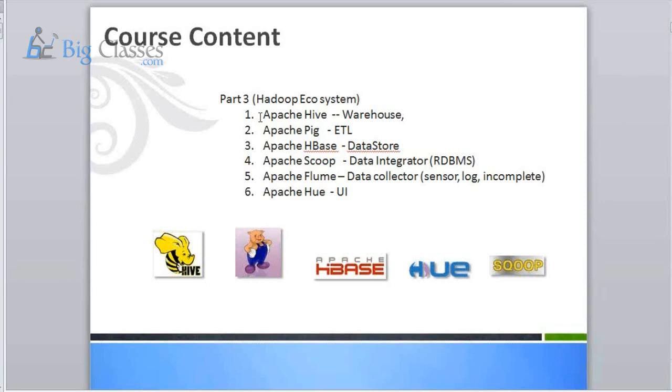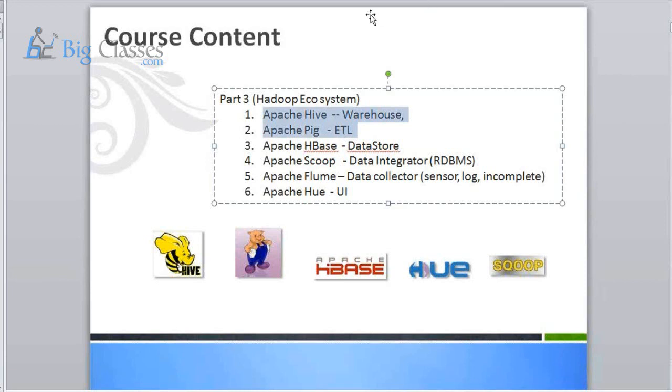This is the kind of thing like, if you're going for a repair of some car or automobile, at least you should have a cutting plier and a screwdriver with you. Those are essential tools. In that sense, Apache Hive and Pig are the essential tools. If you want to be called a Hadoop developer, expert or architect, these 2 essential frameworks you should learn. The rest, depending upon your enthusiasm and need, you can go into.